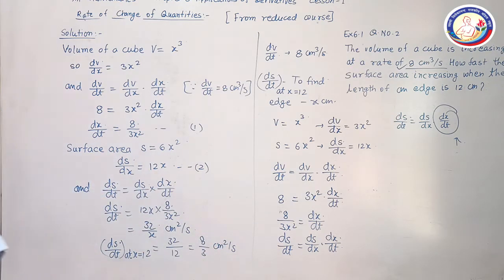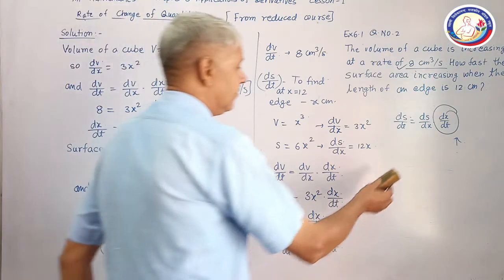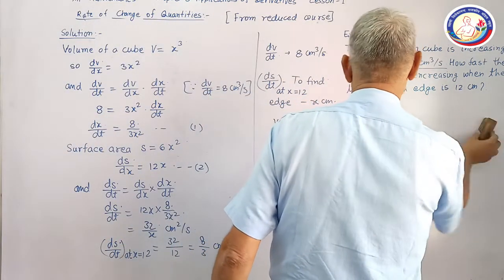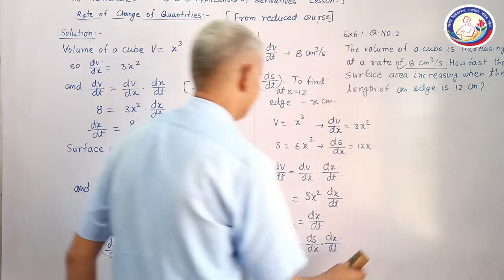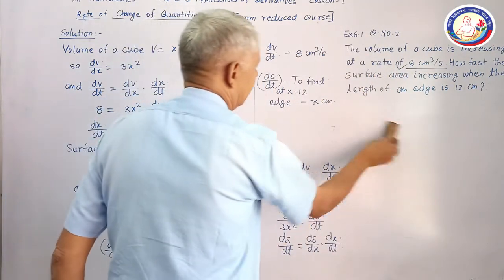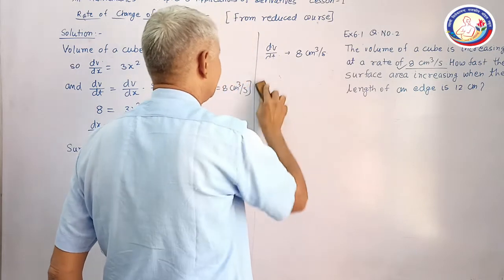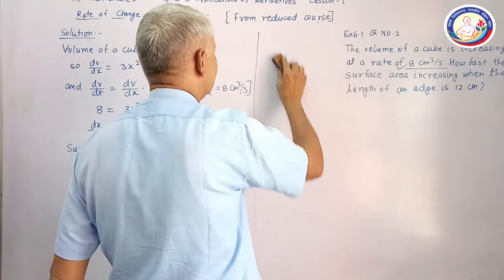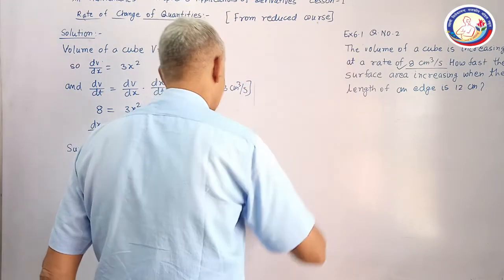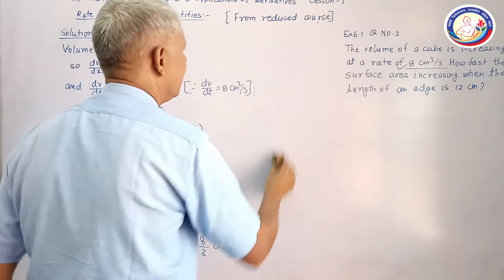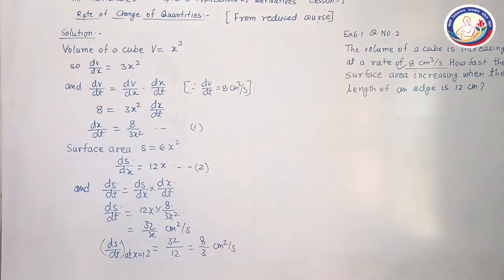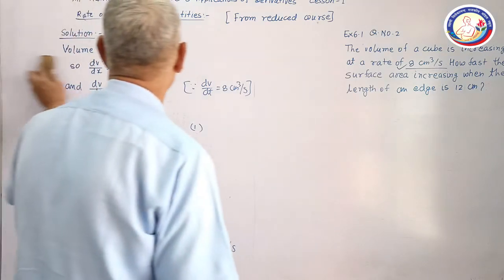So what is our procedure? First of all, we will inspect which quantity is to be determined, or in which quantity the rate of change is to be determined. Then we will use the principle of, or the meaning of, derivative and we will calculate it. Now I am taking another example.